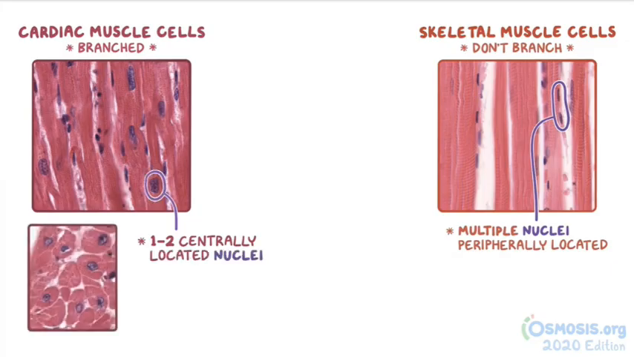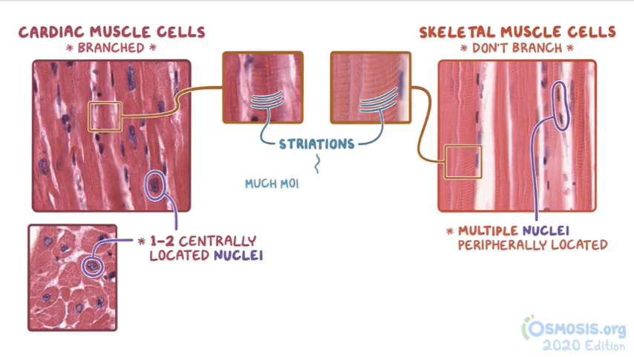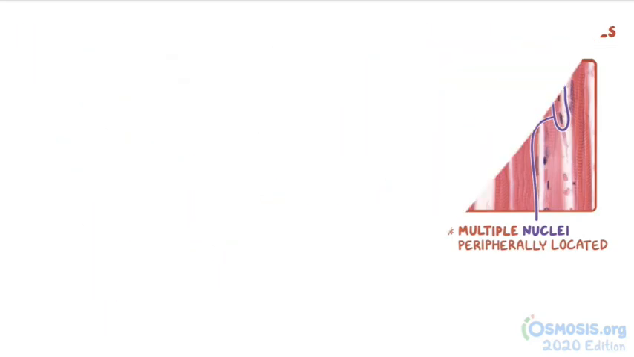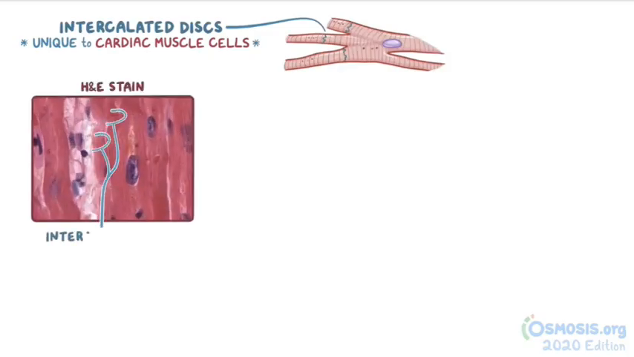If we look at a cross-section of the cardiac muscle, it's easier to see that the nuclei are centrally located. Both cardiac and skeletal muscles have cross striations that are perpendicular to the muscle fibers, but they're much more prominent in skeletal muscles. Also unique to cardiac muscle cells are, as we mentioned, the intercalated discs that connect the neighboring cardiomyocytes. With an H&E stain, the intercalated discs are seen as thin, slightly darker lines that are perpendicular to the direction